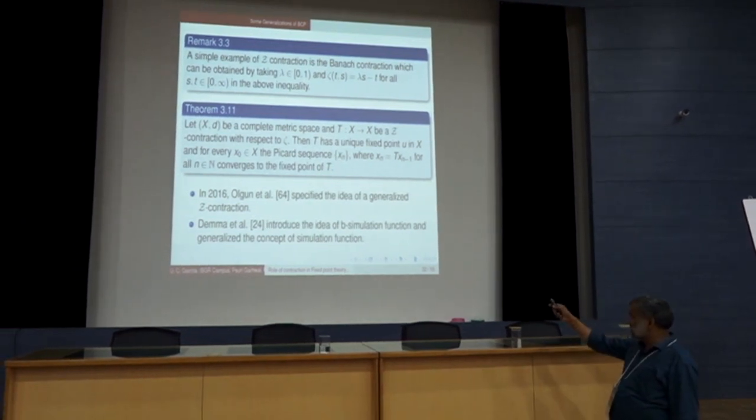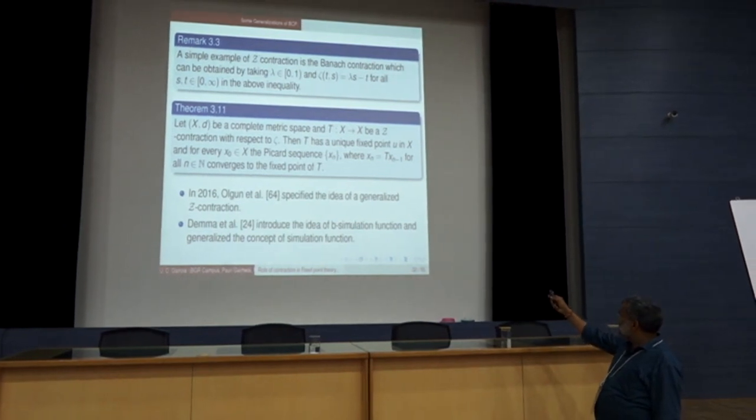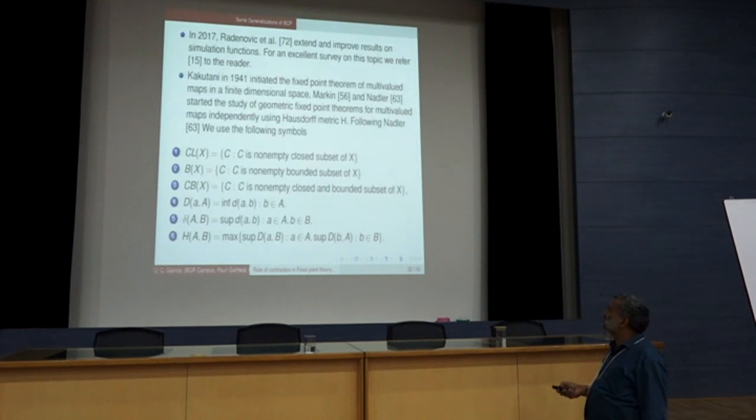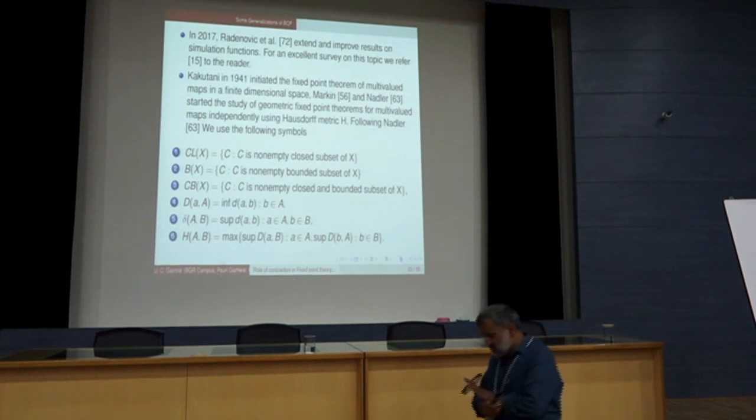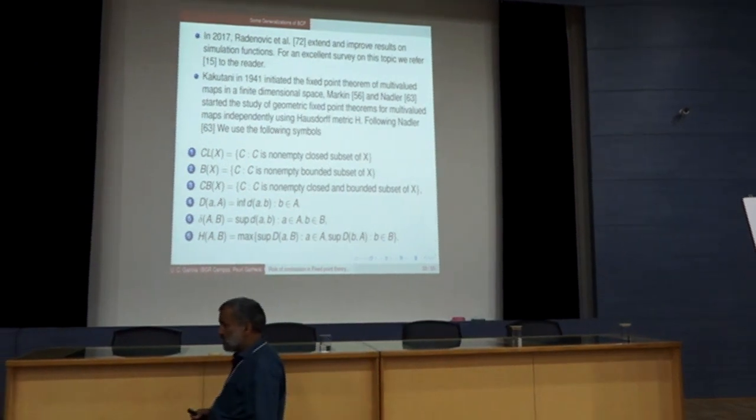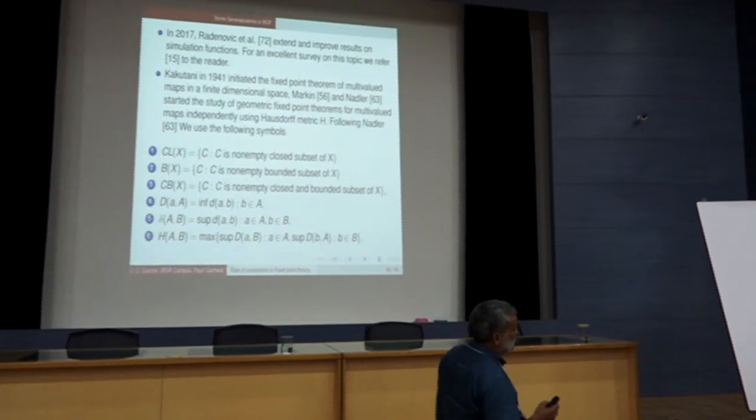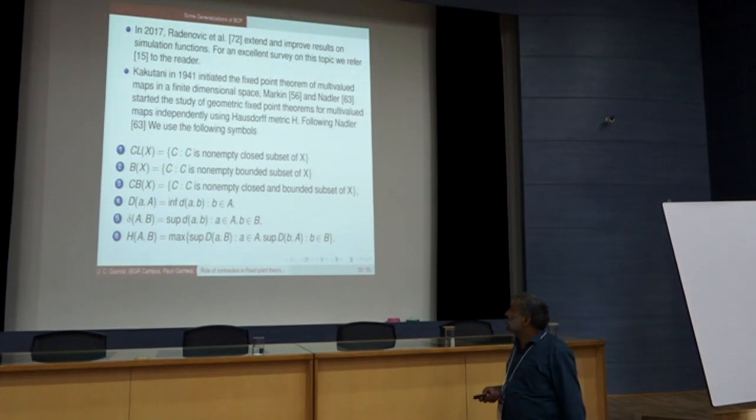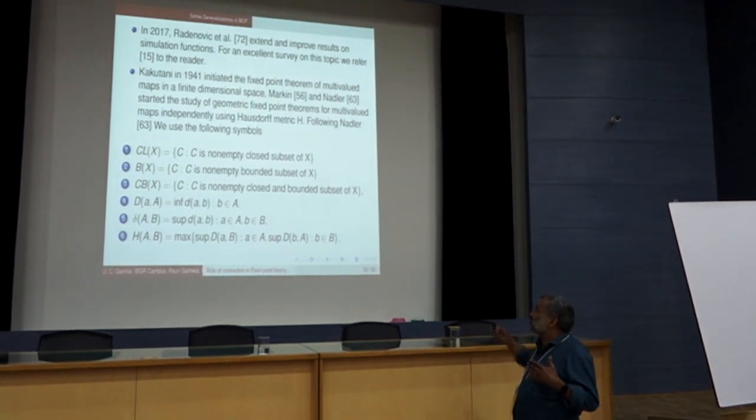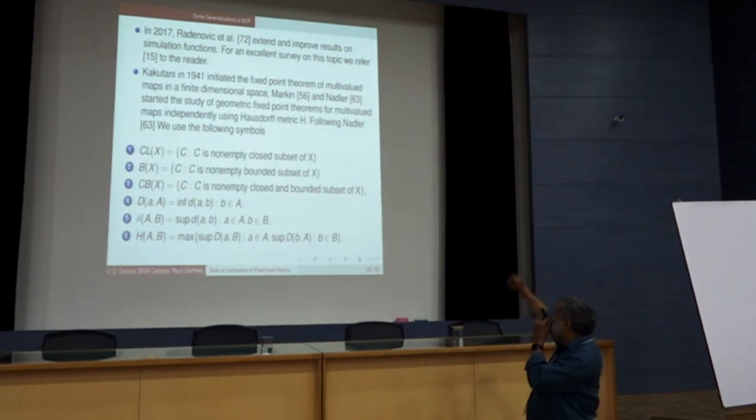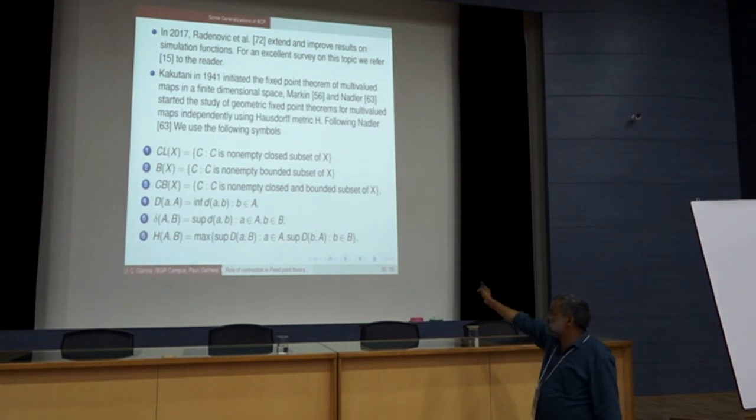Then Olgun specified the idea of the generalized Z-contraction, and Demma et al. introduced the idea of b-simulation function. It means people are extending and generalizing this work. On the other hand, this is up to the single-valued map. But you can also see a paper of Rhodes, who gave another, and before that in 1941 Kakutani gave the result for topological spaces, but especially for the metric spaces,